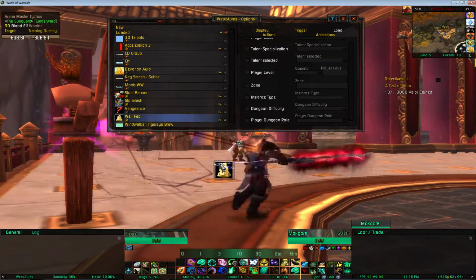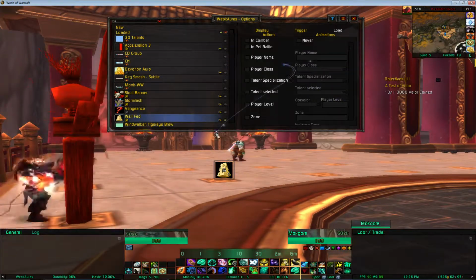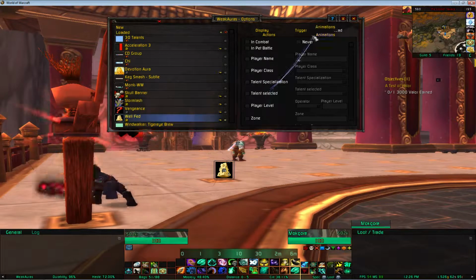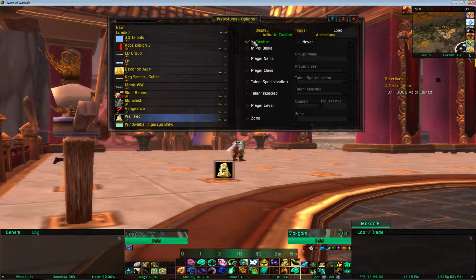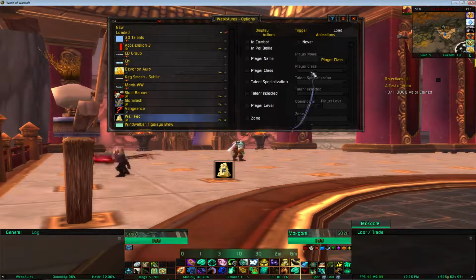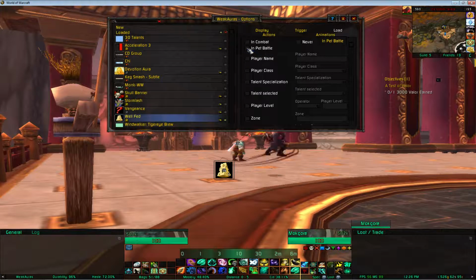So it'll track your well-fed buff, but if you want it to actually show up on your screen, is when the load function comes into play. So you can have it so it only shows up in combat. You can have it so it only shows up not in combat, or you can just not click it so it doesn't matter when it'll show up. You can have it so it's only in pet battles, or it doesn't show up in pet battles at all, only if you're a certain name,